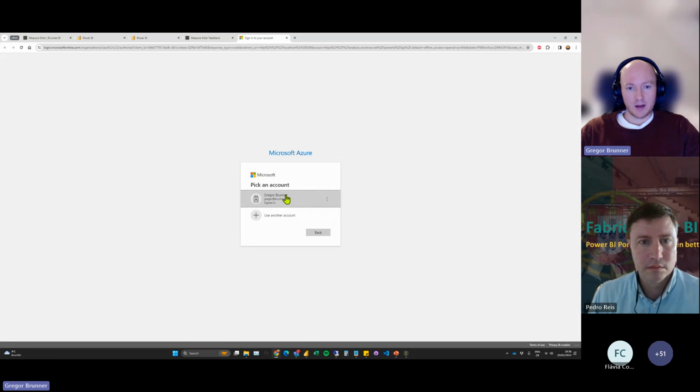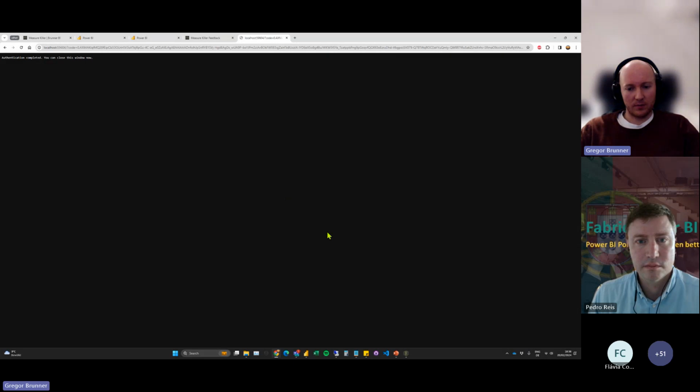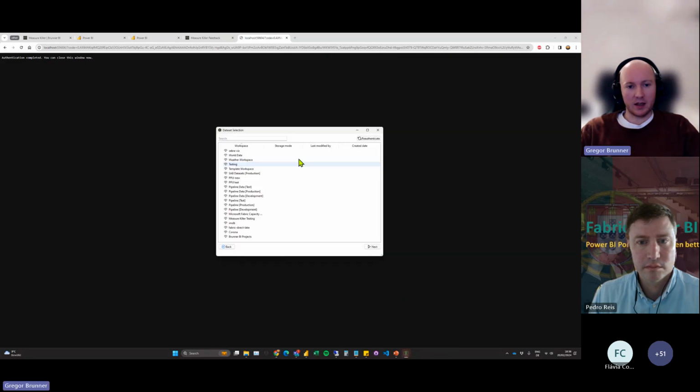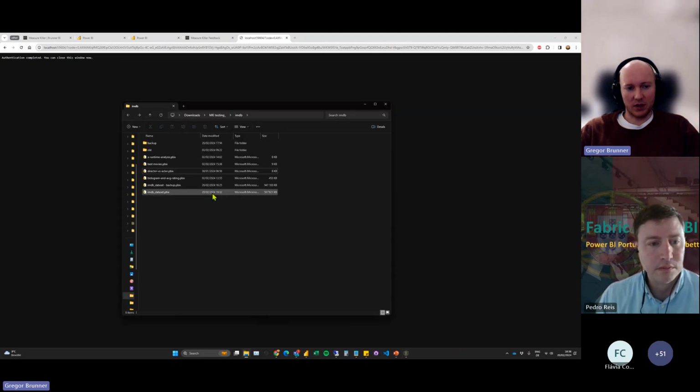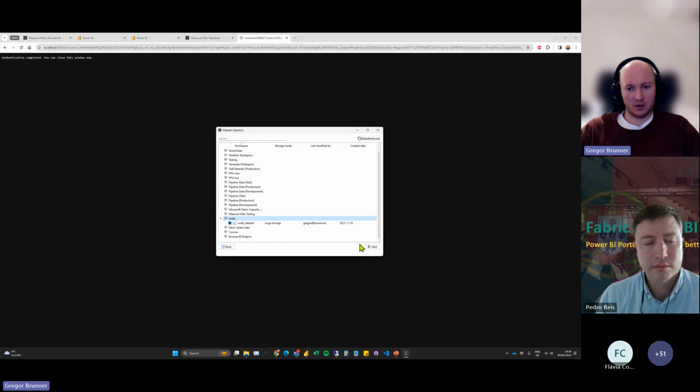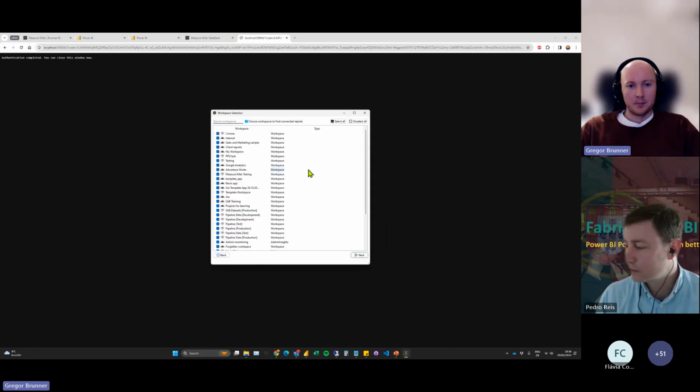So once I open this up, I need to authenticate with my Microsoft account. And I click here. Okay, and now I get a list of all the workspaces that I have access to in my tenant. And we have this IMDb workspace here for the demo. And then I'm going to select this IMDb dataset. So this is just the same thing as we have here, right? Like this backup is the same size, all the same.